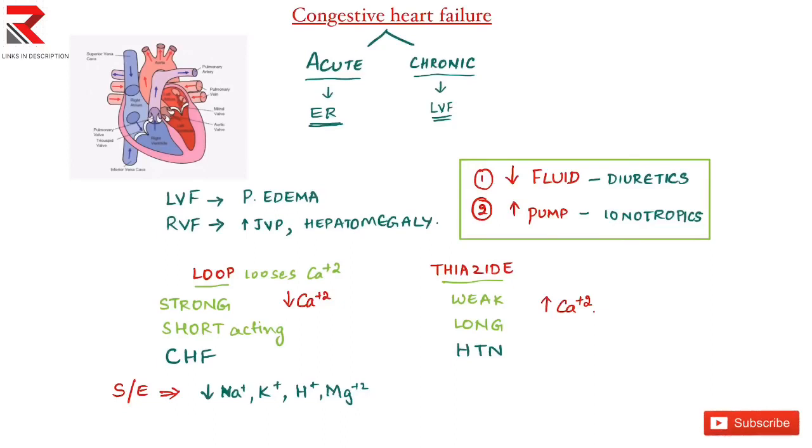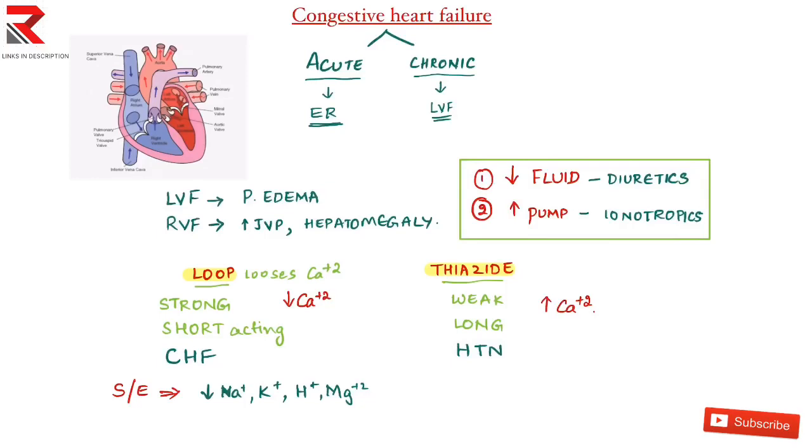Okay, so first, regarding the diuretics, we will discuss more deeply in the renal pharmacology, but let us remember a few points here. You have to remember mainly two types of diuretics: loop diuretics and thiazide diuretics. The loop diuretics are the strongest diuretics. They are very strong and they are short acting. So when the patient with acute congestive heart failure presents to the emergency room, you need a drug that acts very fast. Am I right? Yes. So the loop diuretics act shortly and are very strong, and that's why they are used in congestive heart failure. But the thiazide diuretics are weak and long acting, and hence they are used in hypertension.